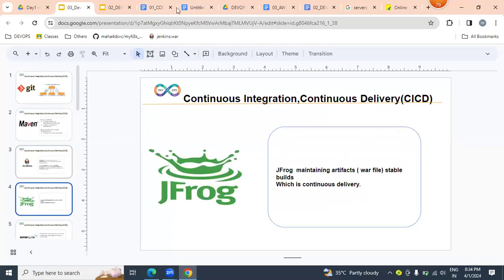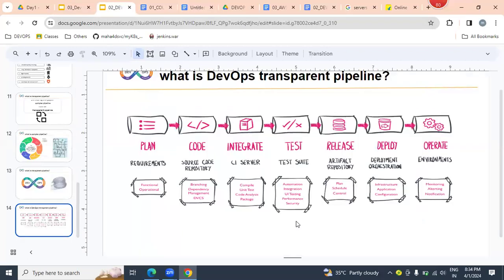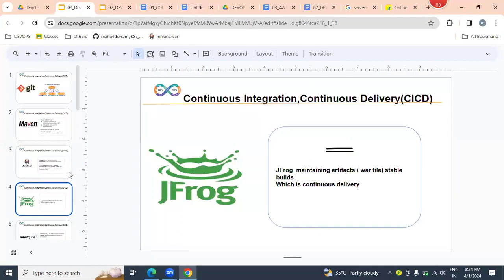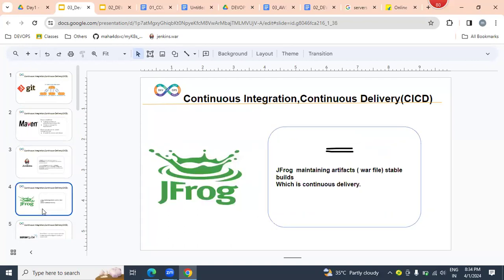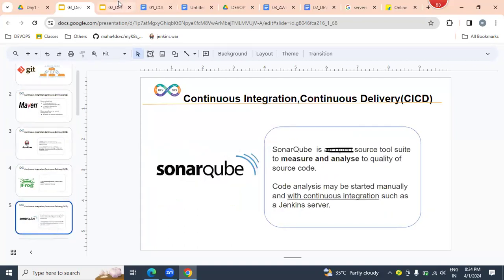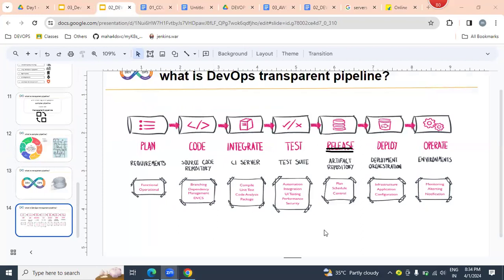And we're going to be learning JFrog, and JFrog is nothing but the release. So with the help of Git, Maven, Jenkins, JFrog, and SonarQube, we can implement CI/CD, continuous integration, making working software, and continuous delivery.